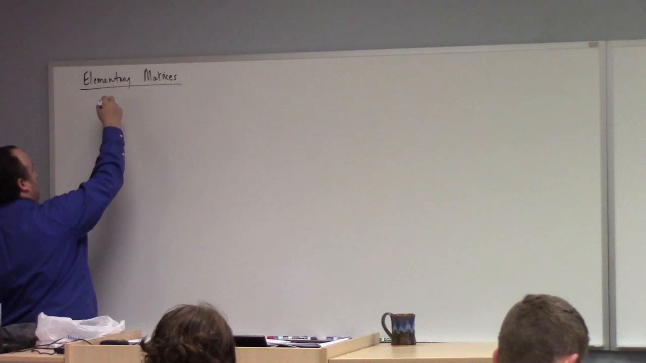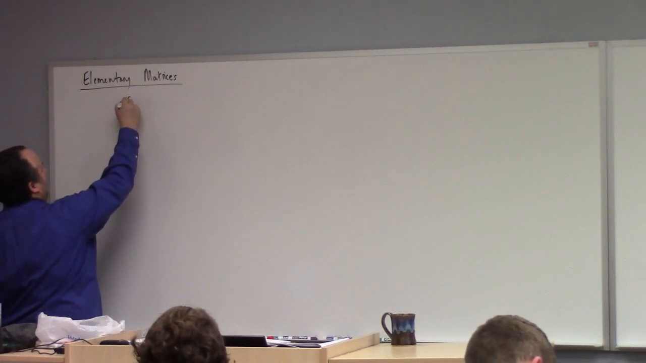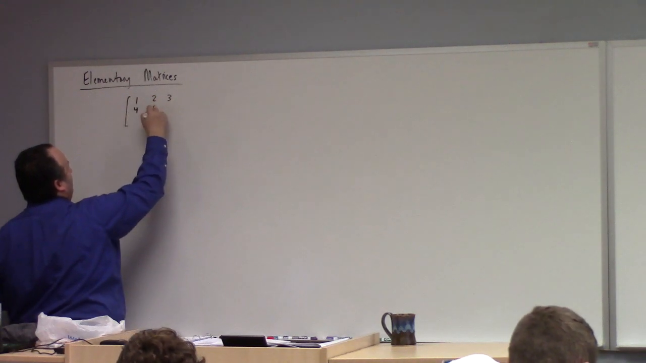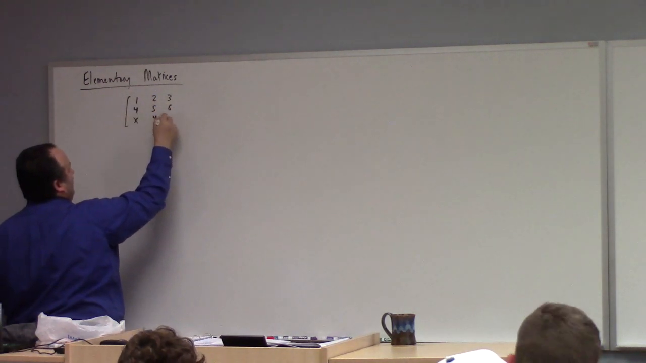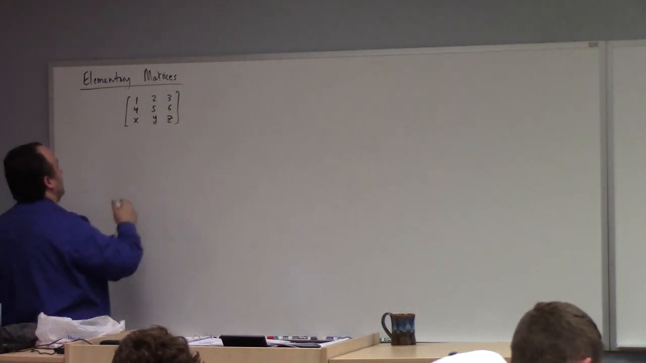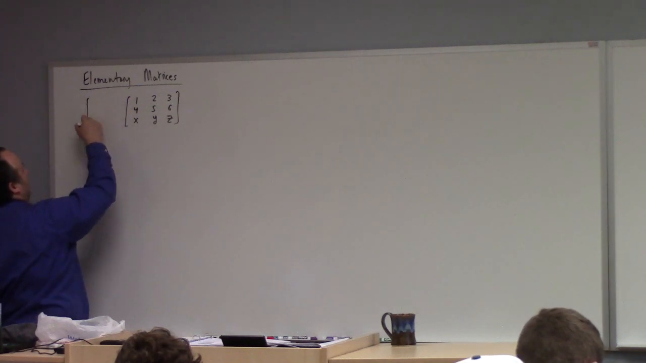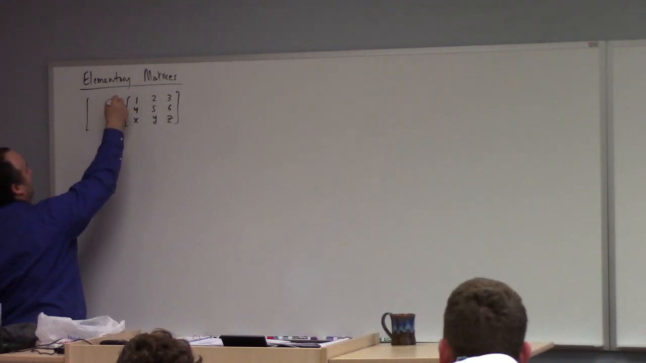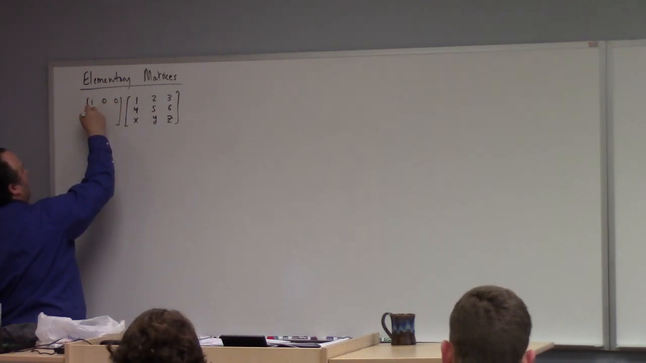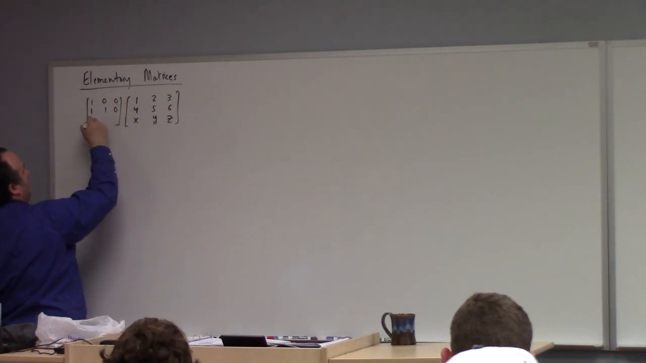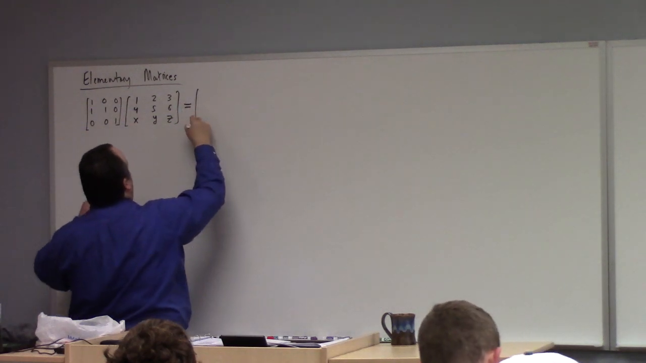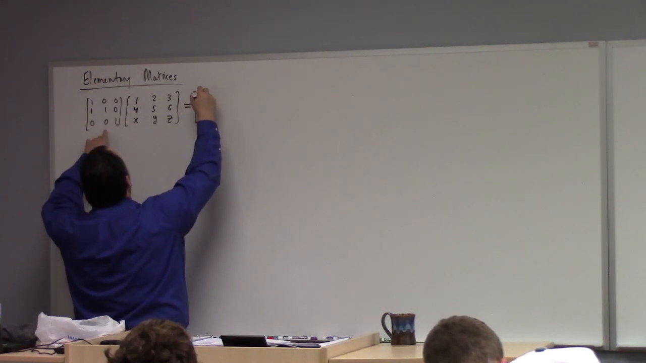All right, so if we were to take, let's say 1, 2, 3, 4, 5, 6, X, Y, Z, just for fun. This is a 3x3 matrix, and I was to hit it with, say, 1, 0, 0, 1, 1, 0, 0, 0, 1. What does it do? All right, so what we get is